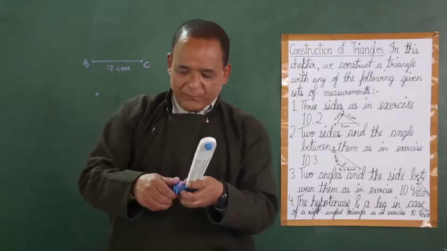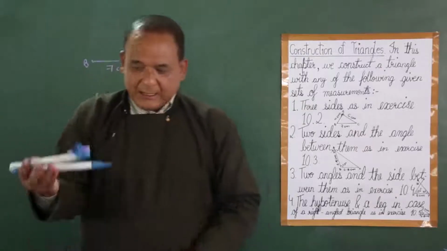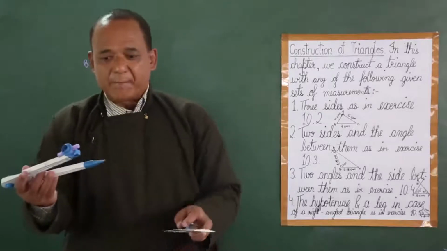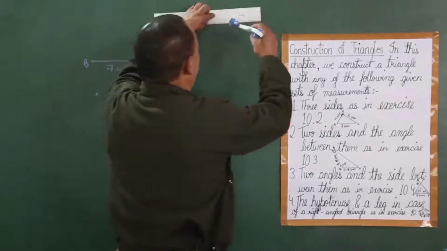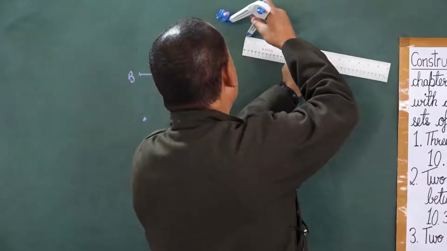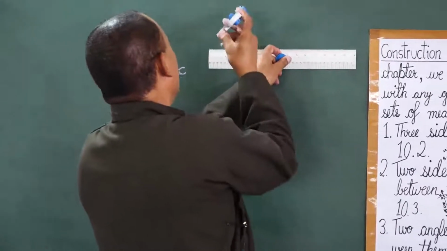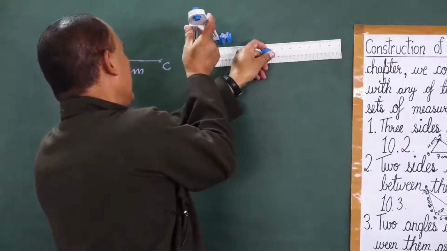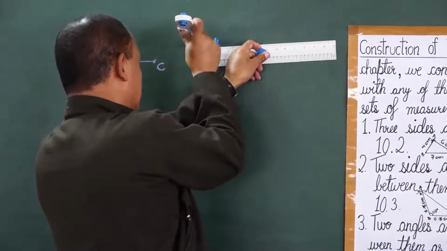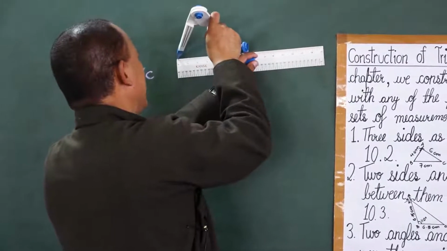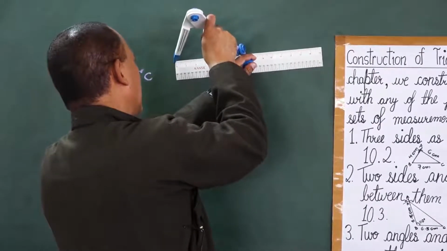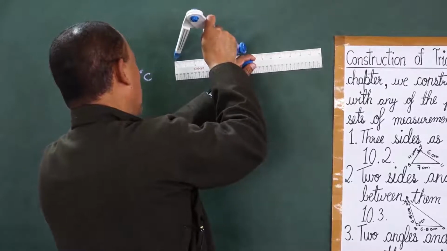So here, now, the pointer of the compasses you put on 0, and then you use the pencil point, you adjust the opening of the compass so that the pencil point is at the 7 centimeter mark. Okay? So once you do that,